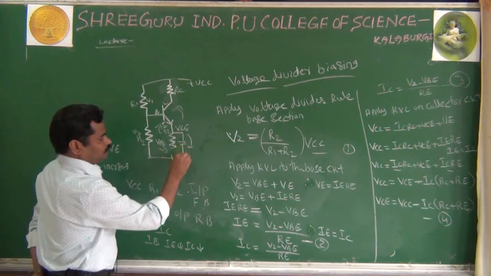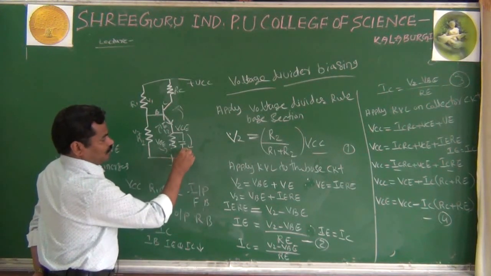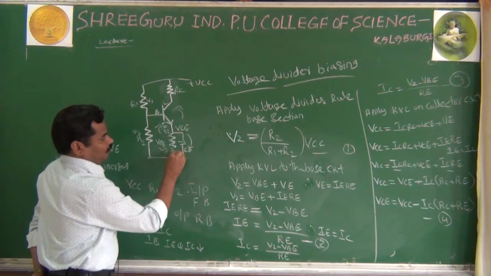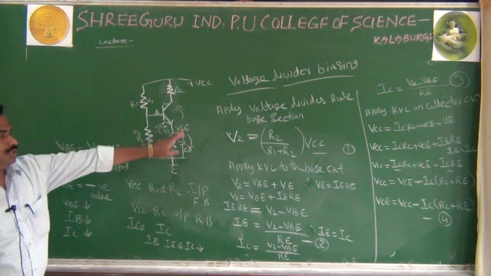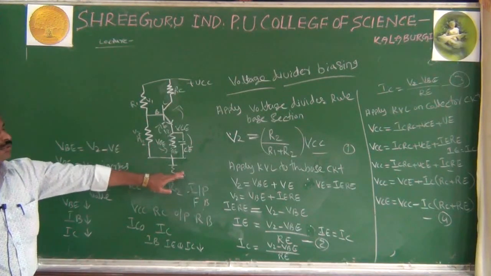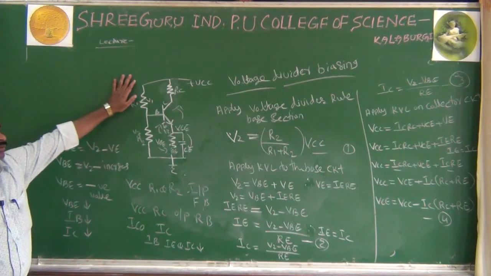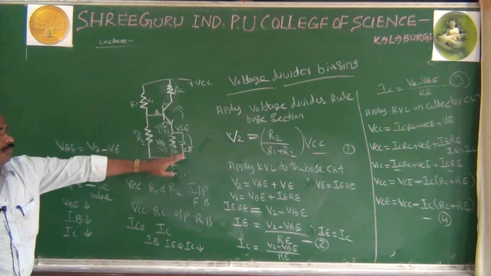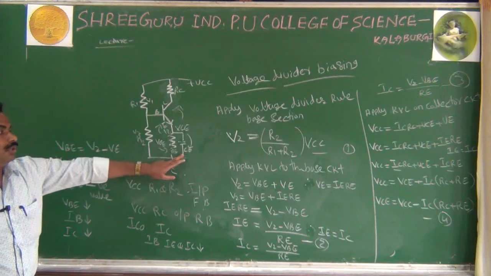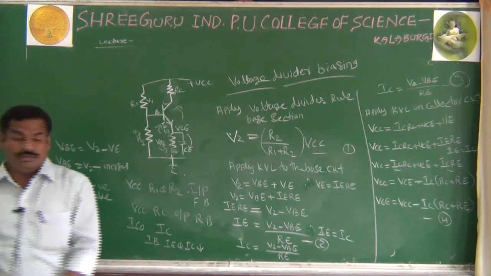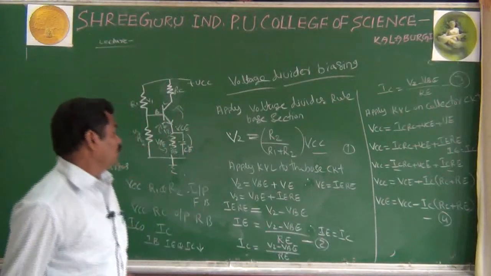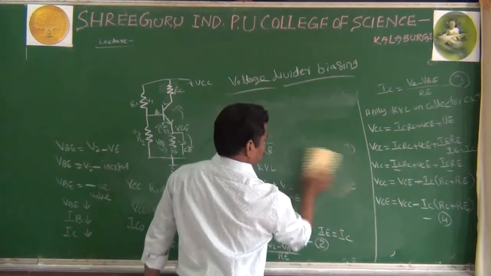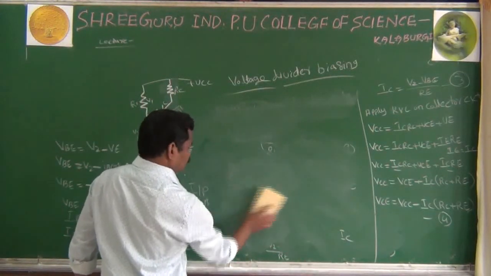That is your CE. It is also called a bypass capacitor. If you use this bypass capacitor, the AC signal will move towards the ground. It means the one drawback of voltage divider biasing, the AC feedback, can be overcome by connecting a CE across, or parallel to, the RE. This is the importance of voltage divider biasing.